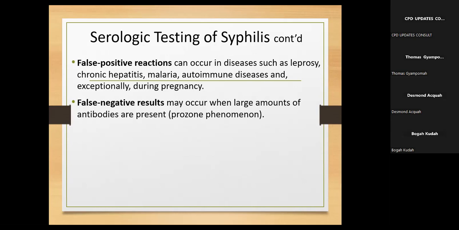And so even though the real or the target antibodies are there, the interference substances are blocking the reaction, and therefore you also have no reaction results, and therefore the prozone phenomenon will have taken place. In that case too,